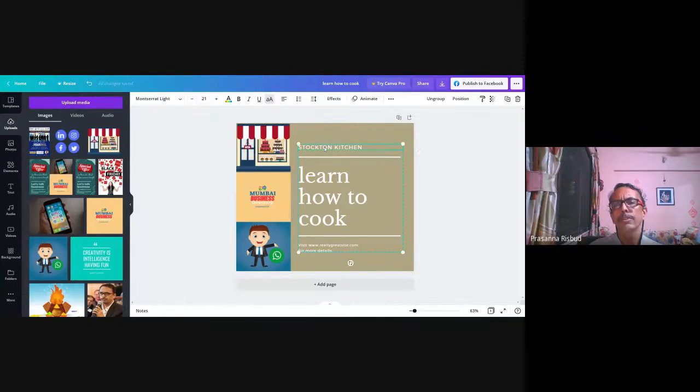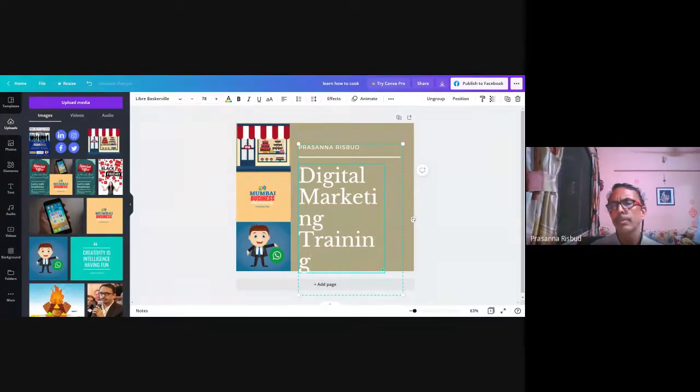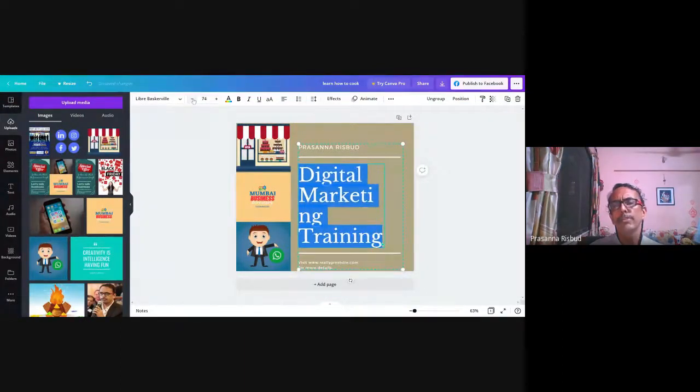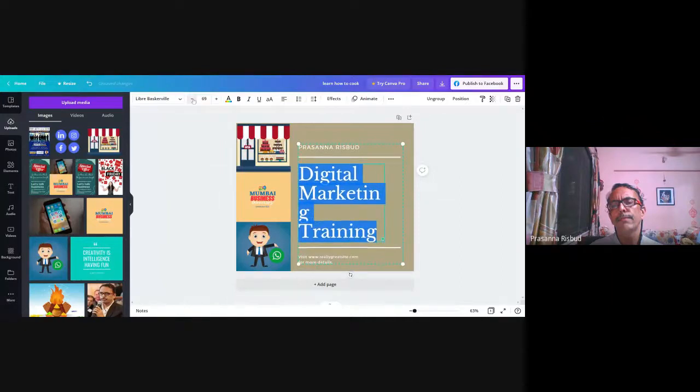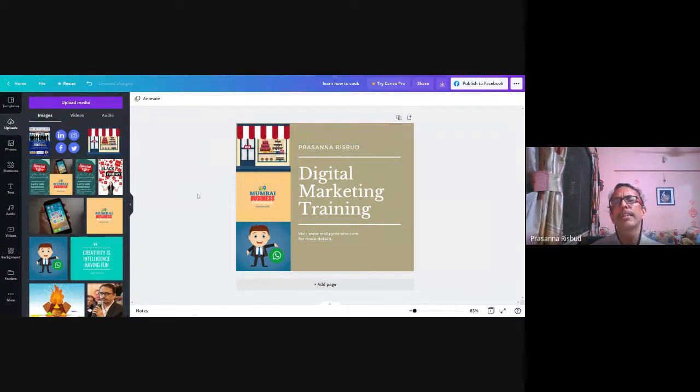Now, just the text. I'll click, put my name, whatever I want to put. Now you can see the text is a little large. It is going out of this screen. So what I need to do is select the text and reduce the font size till it fits in the exact size. Now it is fitting perfectly. Now I just have to replace this with my website link and that's all. So you have your design ready in minutes.